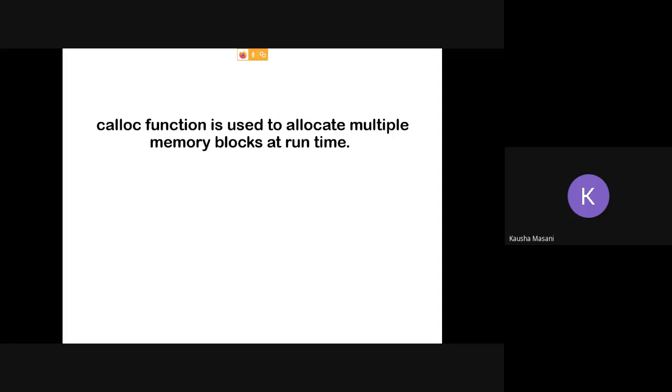So now we are coming to the calloc part. Calloc is also a function which assigns a memory block at runtime. But what is the difference? Why does calloc exist when malloc is already there? The very first difference is that malloc assigns one full memory block.